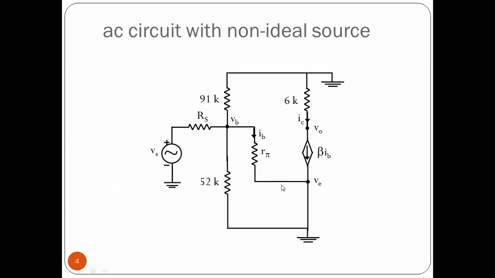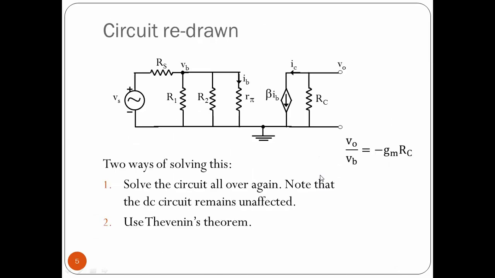So here is the circuit. We replace the transistor with its small signal circuit and we include Rs, and then the question we are asking is how much is VO over Vs. But before we even start that, let us redraw this circuit. This is looking unnecessarily complicated. So let's redraw it, and you can check that this is the same circuit. It looks much neater and nicer and simpler.